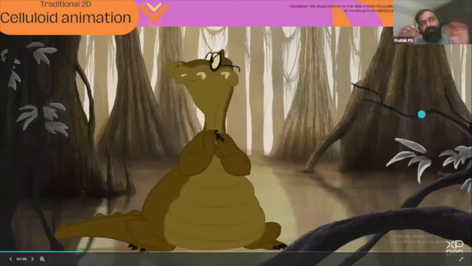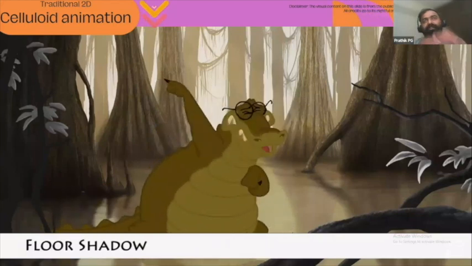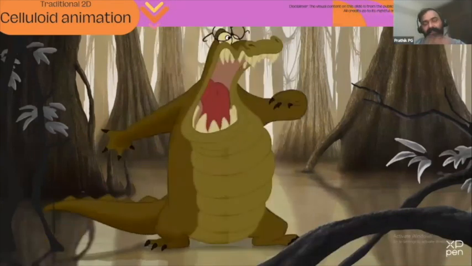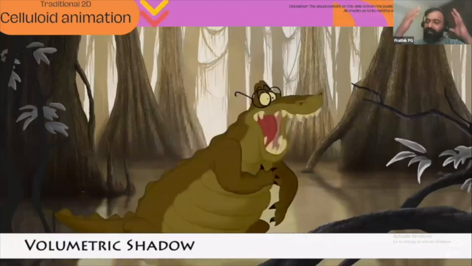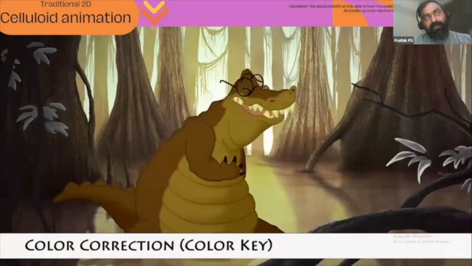So each of these small minute details about flow, reflections, shadows, all these things are added layer after layer, and all these layers together is what creates the final image. So this is an example of how